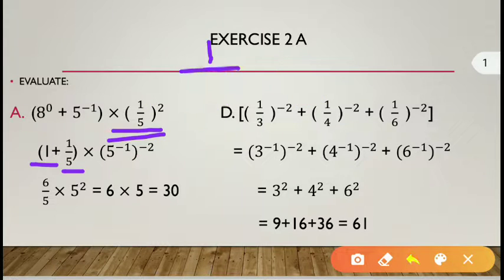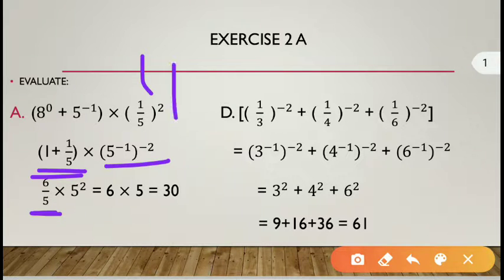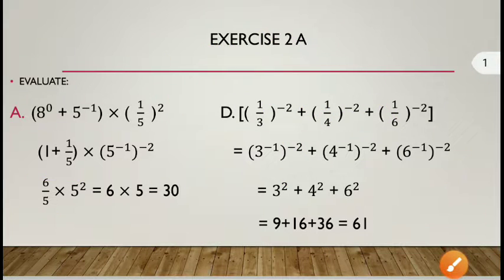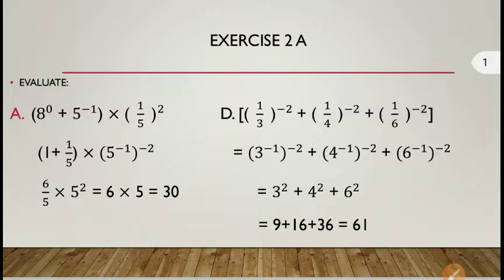Now, first of all, according to BODMAS, first solve this bracket. When you add this, you will get 6 by 5. And here it is like that only. This is the law of exponents. If b to the power m, whole to the power n, is there, the value will be b to the power mn, which means both powers will be multiplied together, so 5 to the power minus 1 and minus 2. When you multiply this, minus minus will become plus, and 2 into 1 will give you 2. And when you add the bracket, you will get 6 by 5.